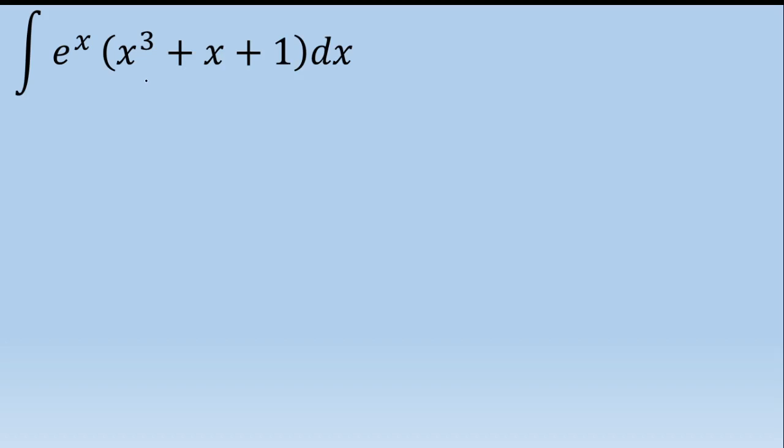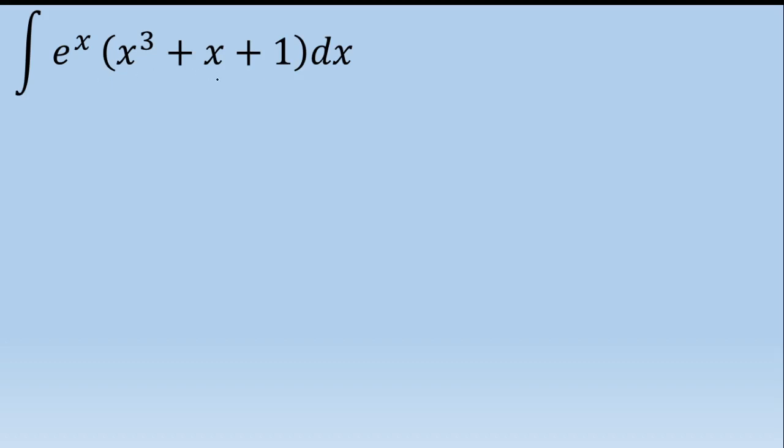example, a traditional method like integration by parts. So as you can see, if you multiply e raised to power of x by x cube, if you apply by parts, you have to apply by parts three times, okay, and that takes a lot of time. And again, if you multiply e raised to power of x multiplied by x, then again you have to apply by parts once, but that method really consumes 10 minutes.